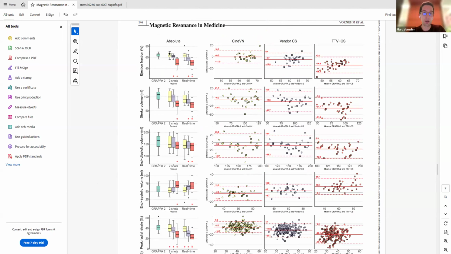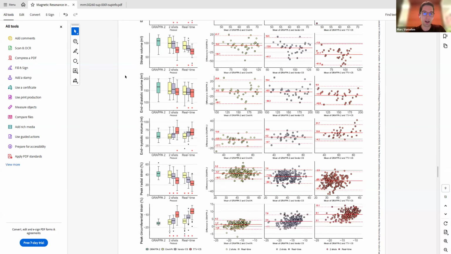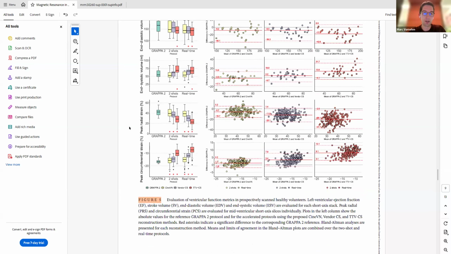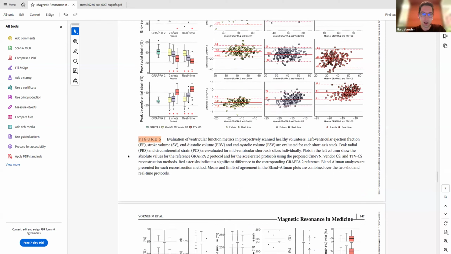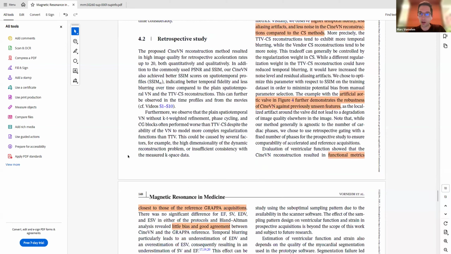And our deep learning reconstruction gives metrics that are closest to the reference Grappa reconstruction. This is the case for ejection fraction as well as for other volumetric metrics, and very interestingly for strain. So we evaluate peak radial strain and peak circumferential strain.